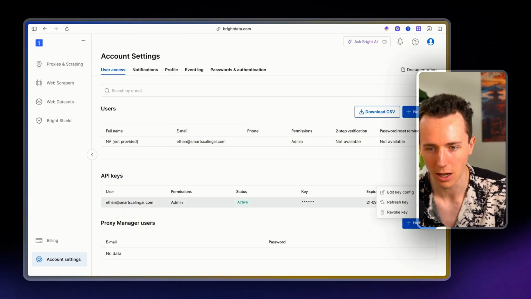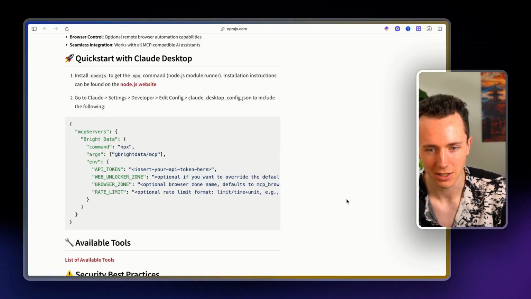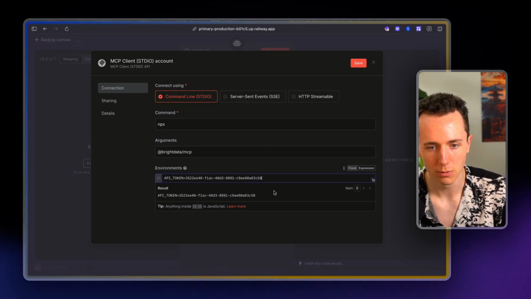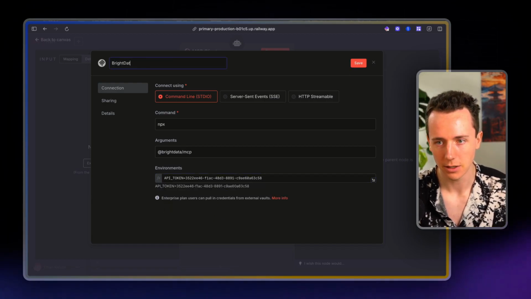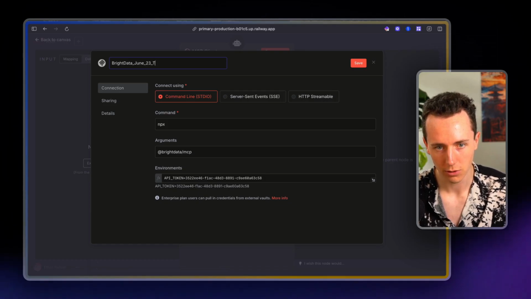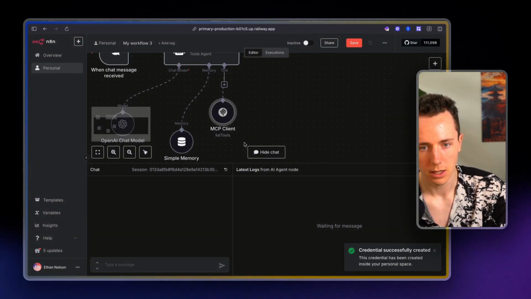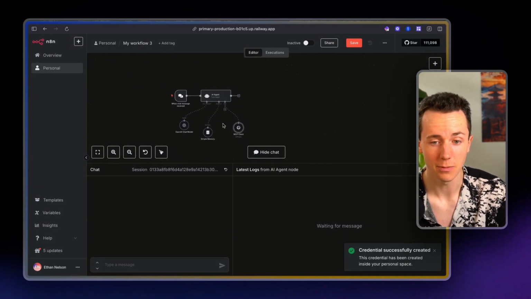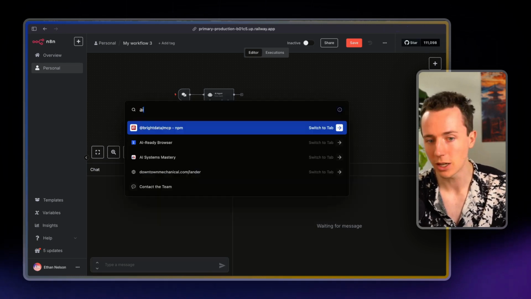So I'm using Bright Data. So I'm going to click refresh key, refresh, paste this in, and boom. Now we have that pasted in. So this is the Bright Data underscore June underscore 23 underscore test. Save, boom. And now we have our MCP node set up. And so this MCP node will allow us to connect to Bright Data MCP, but you can connect to any different